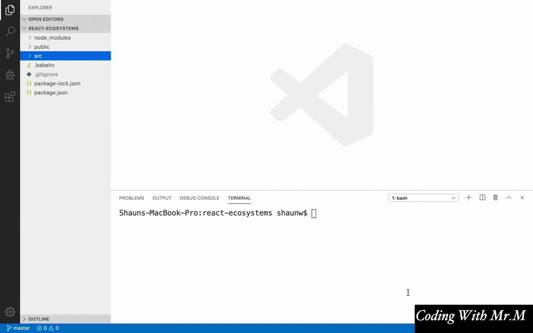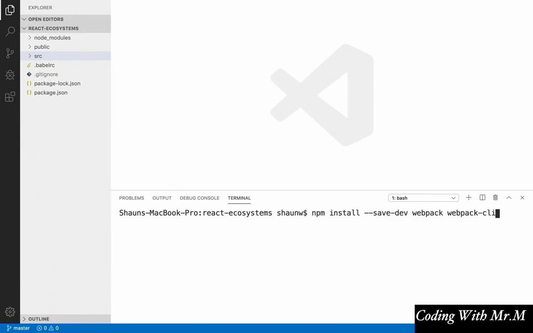Before we get started, let me just say that this is probably the least fun part of the whole process, especially if you're not familiar with Webpack. But bear with me, I'll explain everything that goes into our Webpack configuration and how it helps us. So the first thing we're going to do is install all of the packages that we'll need. So open up a terminal in our React Ecosystems directory here, and type npm install --save-dev